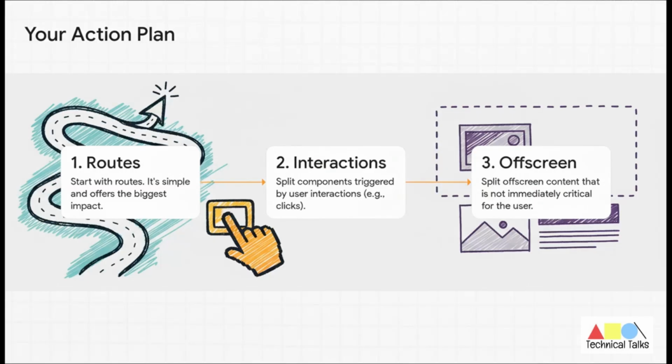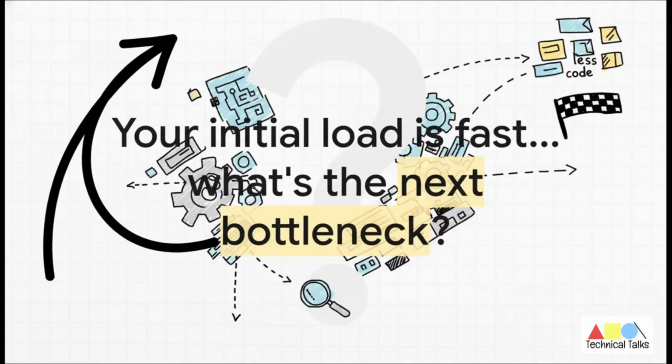So, where do you start? Here's your action plan, your checklist. Number 1, routes. Always start with routes. It's the easiest and gives you the biggest win. Number 2, look for things that only show up when a user clicks something, like a big complex modal or a pop-up. Lazy load that. And number 3, anything that's below the fold, content the user has to scroll to see, is another perfect candidate for lazy loading. Look, by shipping less code up front, you've already made a gigantic leap forward in your app's